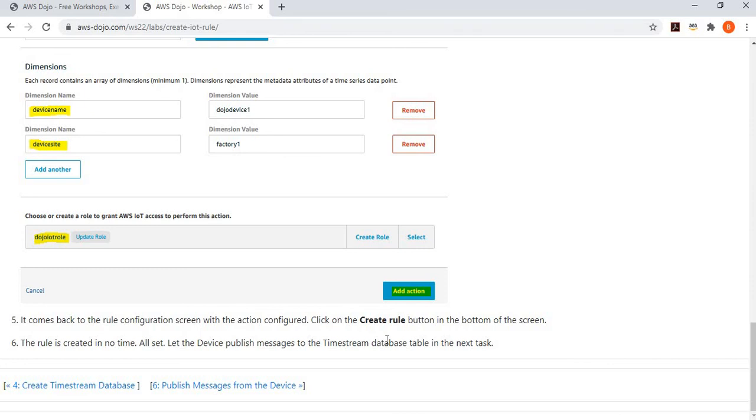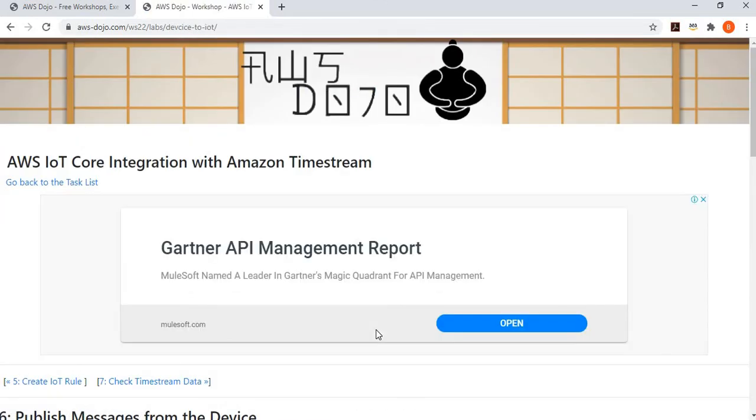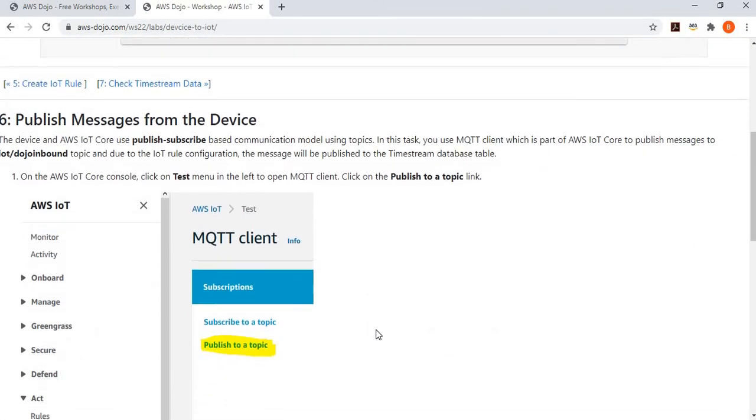So now the rule is ready to read. The way the flow will work is that the device will publish a message to this Dojo inbound topic. This rule is reading messages from the Dojo inbound topic and then storing them inside your Timestream time series database. So now it's time to test it. Let's go and publish some messages. And in order to publish these messages, we are going to use the MQTT client simulator, which is part of AWS IoT Core. So we go to the MQTT client as a part of